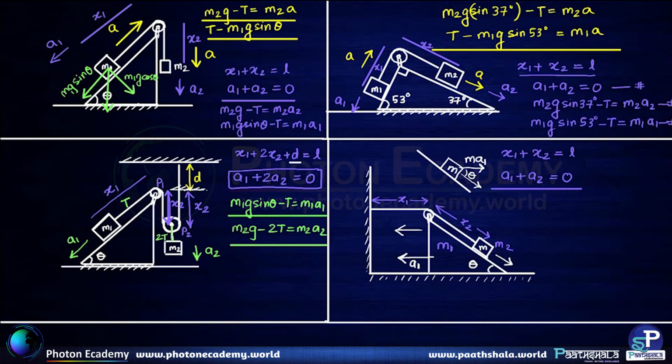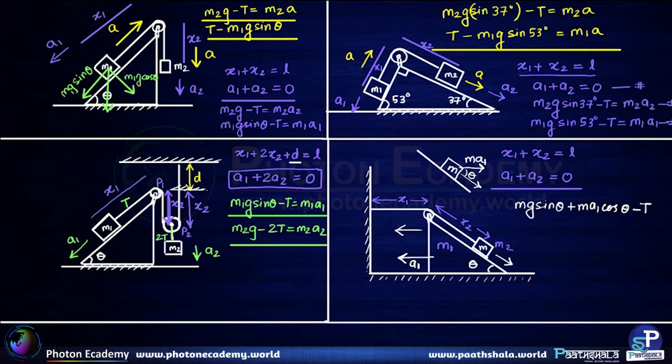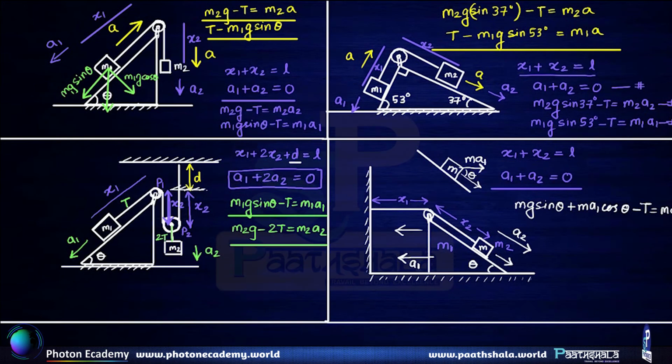So mg will also have a downward component. So the equation that needs to be written is mg sin theta, the downward component of mg, plus m a1 cos theta. So this is the net downward component of force, minus T. This is the upward along the inclined component of force. This is going to result into m into a2, where a2 is the acceleration of m down the plane. So this is a2. So this is the Newtonian dynamical equation for the mass m.